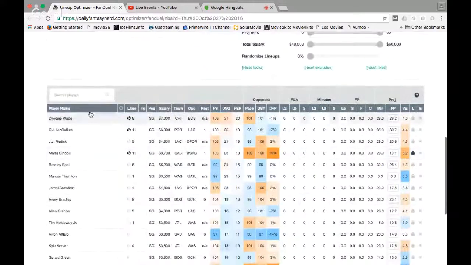Let's look at Bradley Beal. There we go. Bradley Beal. His usage rate is pretty high. He's basically like the number 2 scorer on that team outside of